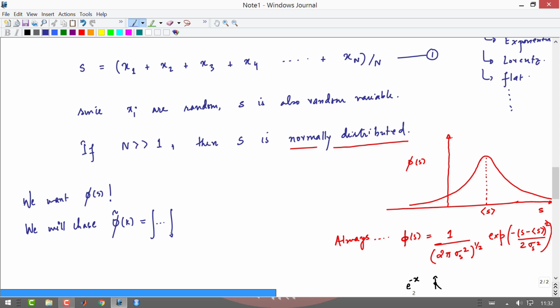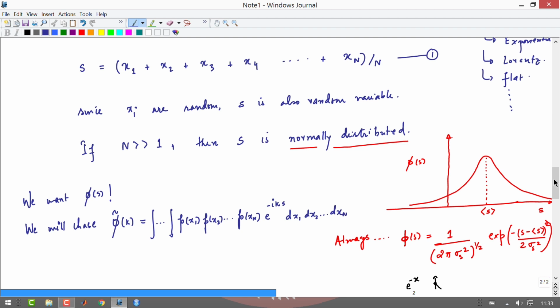So I am not writing it, but you should understand that these integrals are all definite integrals, and you will say p of x1 into p of x2 up to p of xn, e to the power minus ik s, d of x1, d of x2 all the way to d of